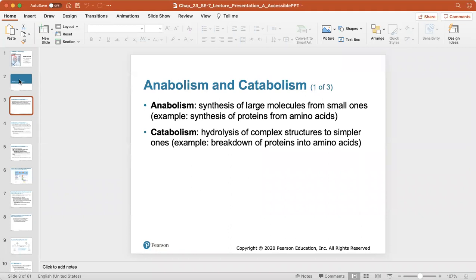So cellular respiration and metabolism: first let's talk about the words anabolism and catabolism. Anabolism is the synthesis of large molecules from small ones, and an example is synthesizing or making proteins from amino acids. Catabolism, in contrast, is the hydrolysis of complex structures into simpler ones. So for example, breaking down proteins into amino acids. So we have these two opposite ideas: anabolism, synthesizing larger molecules from small ones, and catabolism, breaking them down into